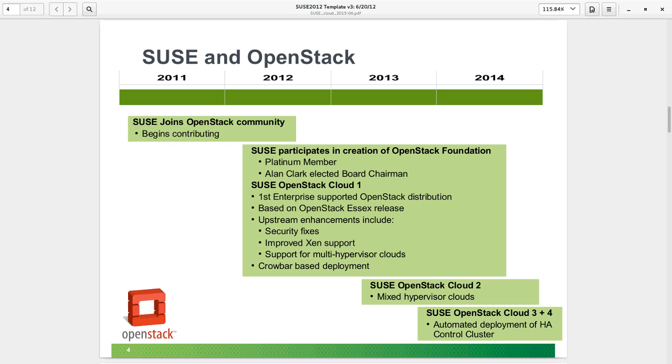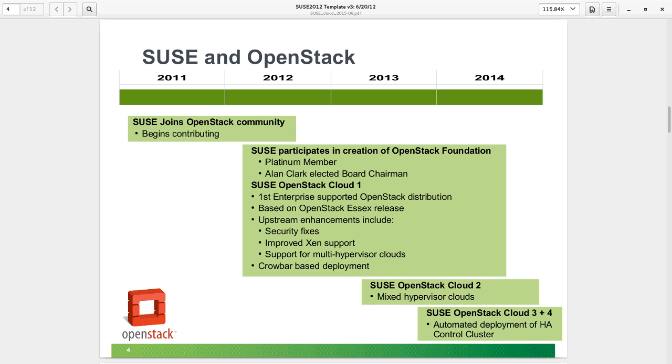2013, we came out with our second release that included what we call mixed hypervisor cloud, so you can now deploy an OpenStack framework that contains compute nodes, some of which are running VMware, some of which would be running KVM. You can also include Xen or Hyper-V. And the idea is twofold. One is to provide the flexibility that enterprises have in their environments today, as well as provide a platform as they go forward that can adopt different kinds of solutions based upon the workloads that they're trying to deploy.